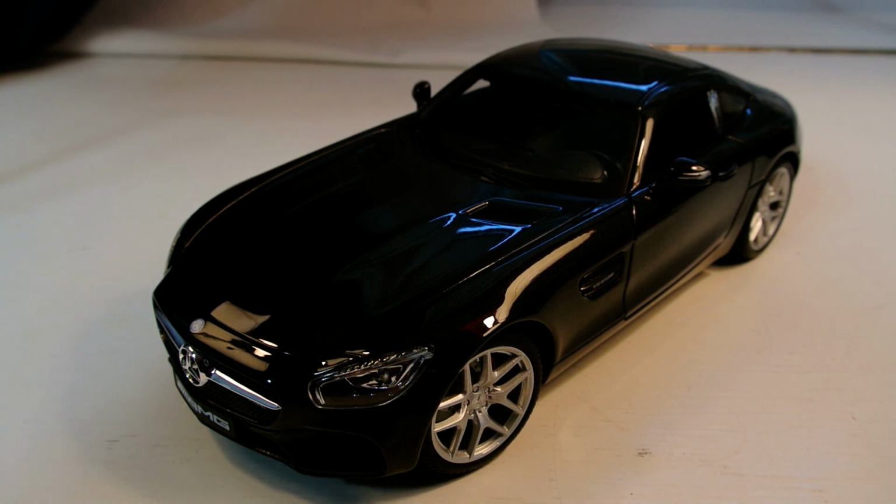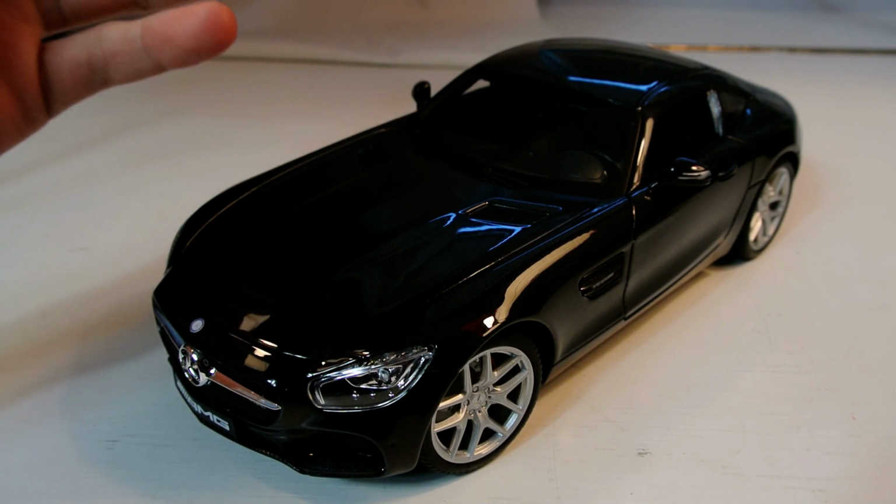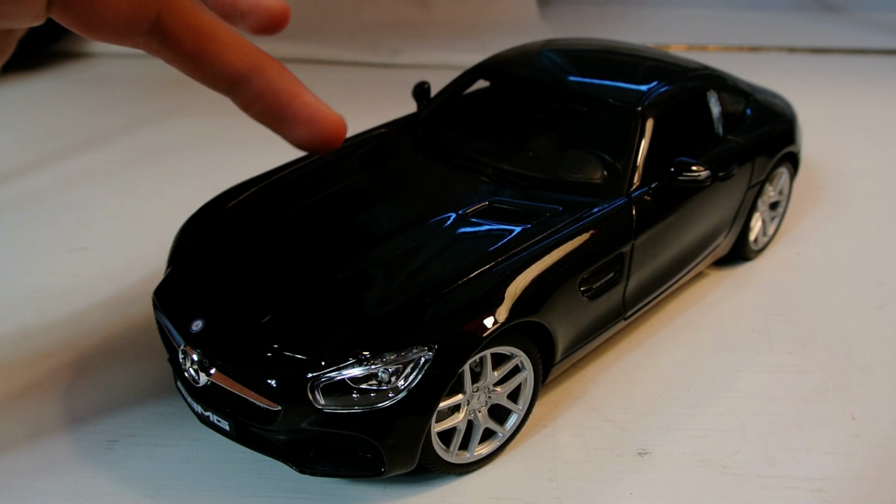Today it's on the 1/18 scale Maisto Mercedes AMG GT. If you guys saw that unbelievable steal of all those cars that we got from BJ's and Costco, this was one of them. So of course that $14.99 price,